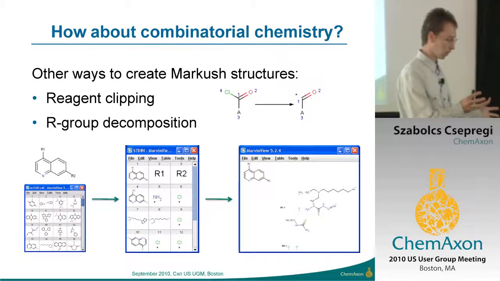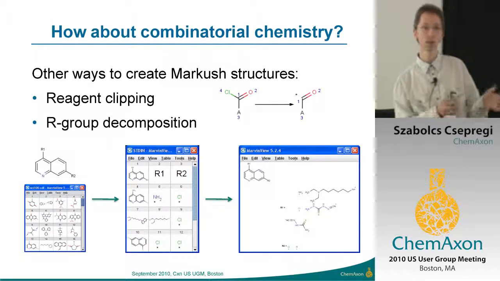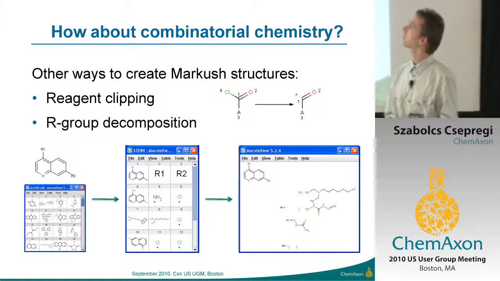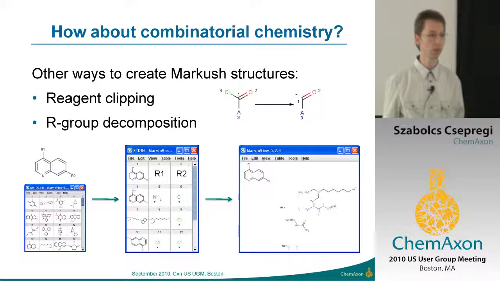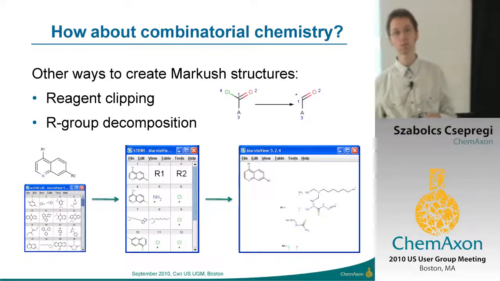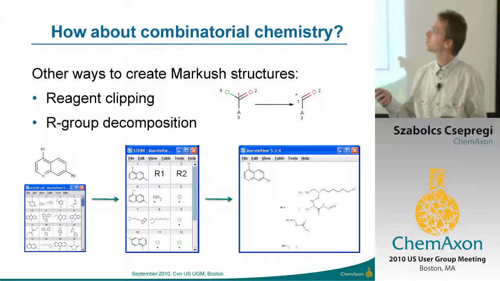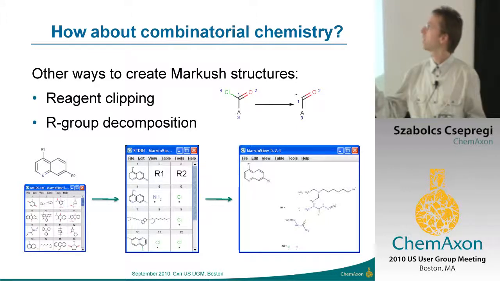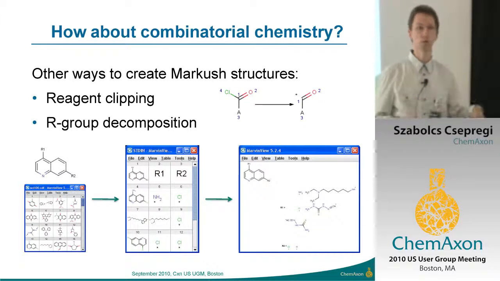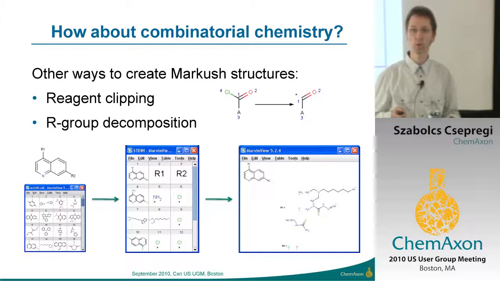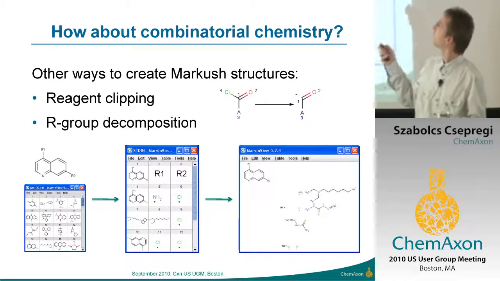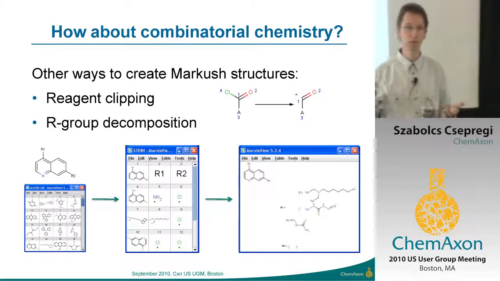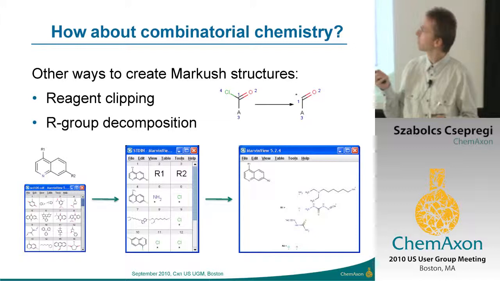Okay, but if you are not interested in the patent domain, but rather working on the early research side of drug discovery, then certainly Markush structures are heavily used in the combinatorial chemistry domain as well. We also have some tools in that area. So it is possible to actually create Markush structures relating to combinatorial chemistry, either by doing a reagent clipping. So you start off from a reagent library, you add attachment points to the reagents by, for example, a transformation that can be used by a reactor. And then when we've got the attachment points, we can create the Markush structure by assigning the reagents to a